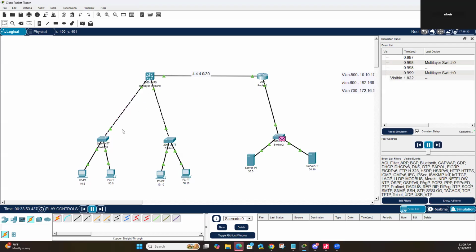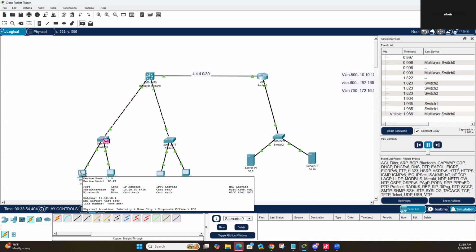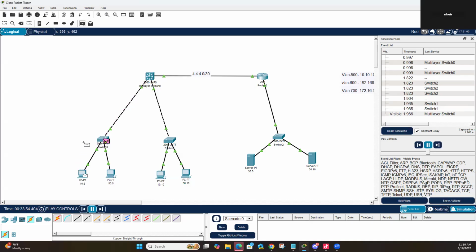So when you do a simulation or you want to capture your traffic, let me say I'm having a connectivity issue. Maybe this router is not able to reach this guy or whatever it is. What I will do is I'll start a packet capture. I will get one of these envelopes, drop it in my source. Let me say I want traffic to go from 10.5 to 30.5. So I drop one envelope here. The icon will still have one other envelope because it's two envelopes at a go, which is source and destination. So I'm going to drop the other one there, and then I follow the